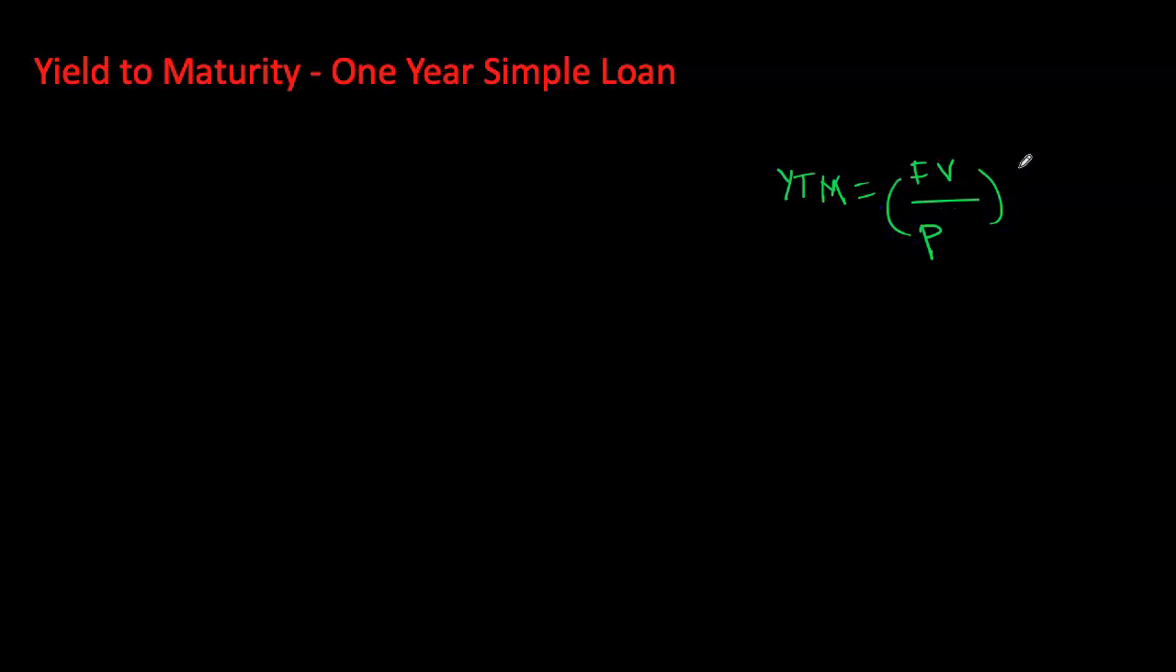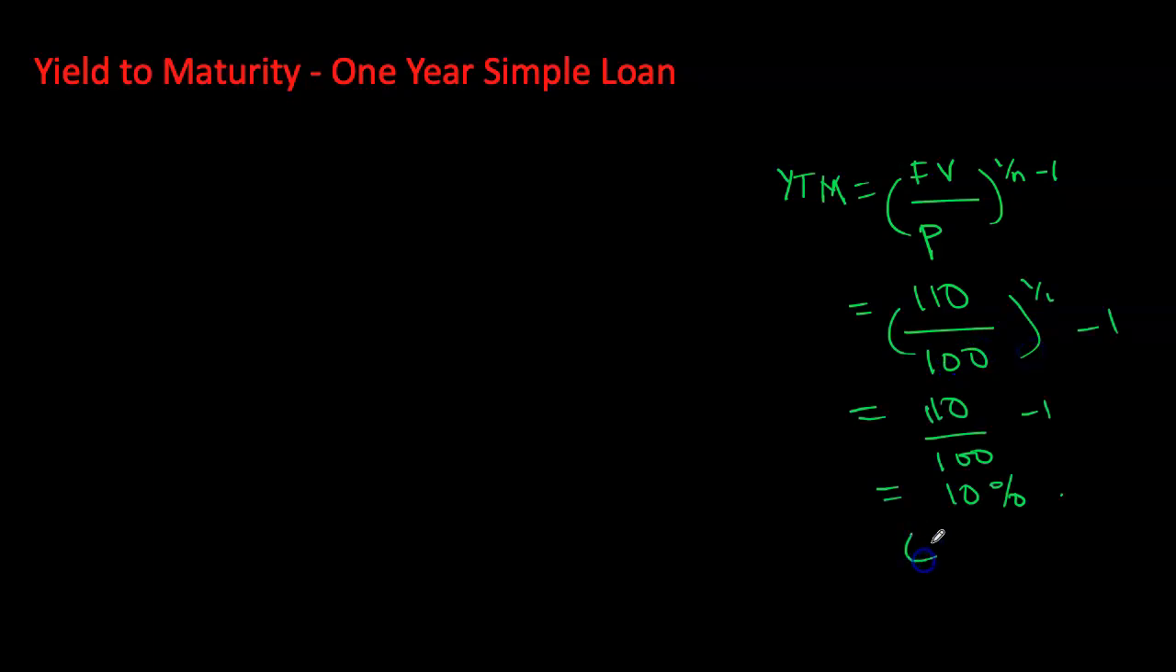In our case, this will be the principal, 1 over n, minus 1. So in our example, 110 divided by 100 is 10%. Your answer would have come out in decimal format, but we can express it as a percentage of 10%. So remember, your yield to maturity formula for a simple loan is quite straightforward, and we will stick to that